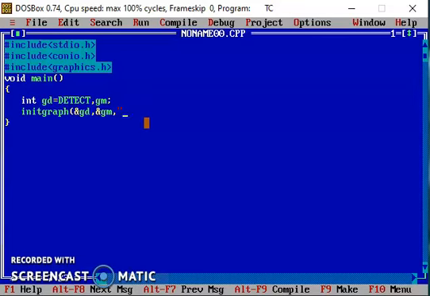The BGI folder is inside the Turbo C3 folder, and if you installed Turbo C3 on the C drive, then you need to give C drive, or whatever your drive is, then TURBOC3, and inside Turbo C3 there is one BGI folder. So we need to give the path of the BGI folder as the third parameter of the initgraph function.